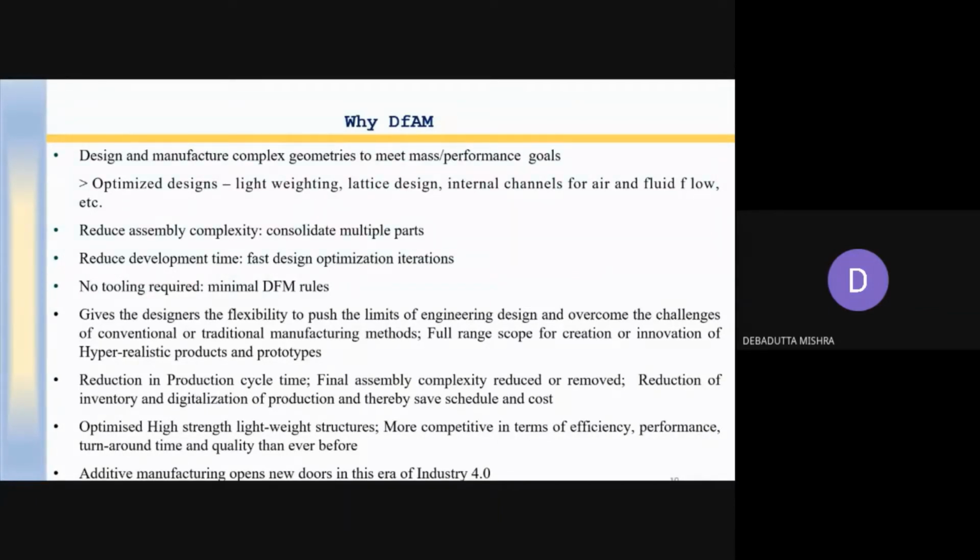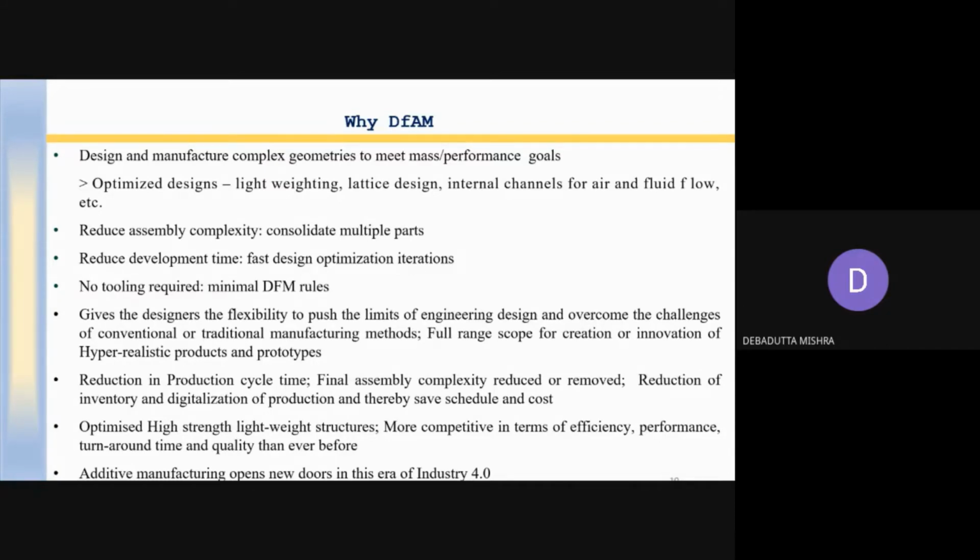Most important, this opens up a new door in the era of Industry 4.0. Industry 4.0 is based on the cyber physical system. So obviously when we are going for a fully automated system like additive manufacturing, this can be within the domain of the cyber physical system.